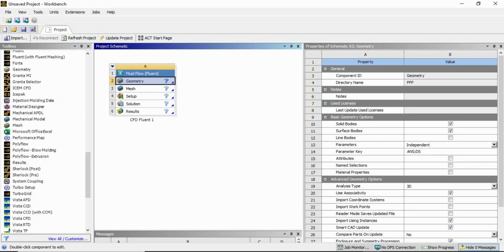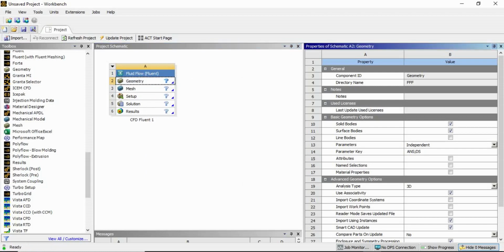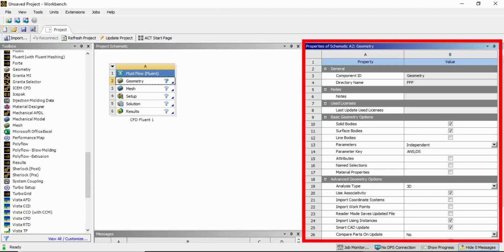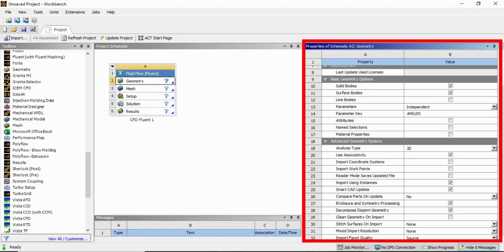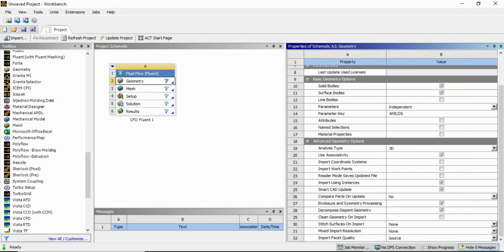ስለዚህ DesignModeler መስራት መክፈት ከፈለግን ወይም ጂኦሜትሪያችንን በDesignModeler ከሆነ ጂኦሜትሪ ላይ ሄደን ራይት ክሊክ ስናደርግ አማራጮች ይመጣሉ። ራይት ክሊክ ስናደርገው ከሚመጣው አማራጮች ውስጥ DesignModeler የሚለውን እንከፍታለን ማለት ነው። ሆኖም ከመክፈታችን በፊት የጂኦሜትሪ ፕሮፐርቲያችንን እንወስናለን። Right click on geometry cell, select property and properties basic and advanced option. Select option under advanced option are used while importing CAD geometry file in Workbench. በቀኝ በኩል ያለው geometry cell ላይ right click አድርገን property የሚለውን ስንከፍተው የሚመጣልን የproperty of geometry ነው። እዚህ ጋር adjust የምናደርገውን adjust እናደርጋለን። For instance, geometry advanced geometry case ላይ analyzing type 2D 2 dimensional or 3 dimensional የሚል ኦፕሽን አለ። ጂኦሜትሪያችን ላይ DesignModeler ላይ ሄደን ዲዛይን የምናደርገው or model የምናደርገው geometry type እናስገባለን ማለት 3D ከሆነ 3D 2D ከሆነ 2D select እናደርጋለን ሌላም ሴቲንጎች ካሉ እዚሁ የጂኦሜትሪ ፕሮፐርቲ ላይ ፊል አድርገን ዲዛይን ሞድለርን እንከፍታለን